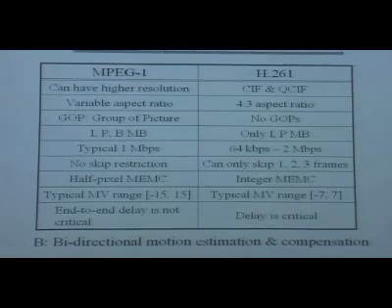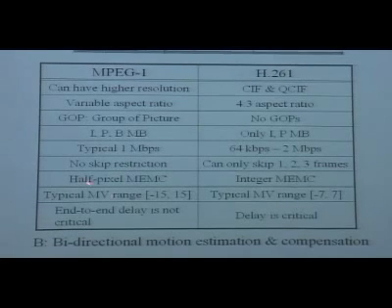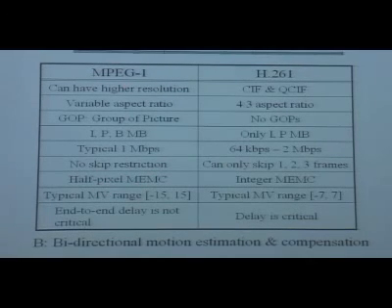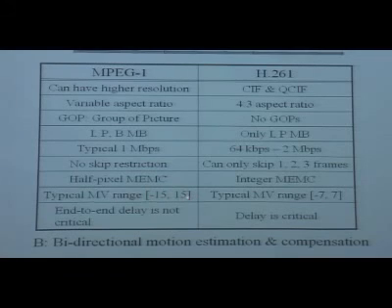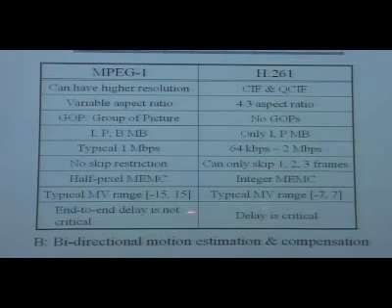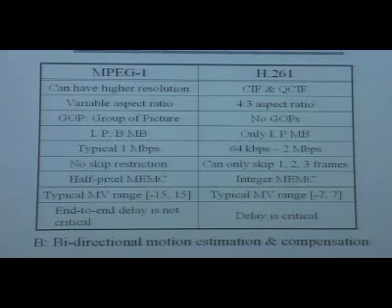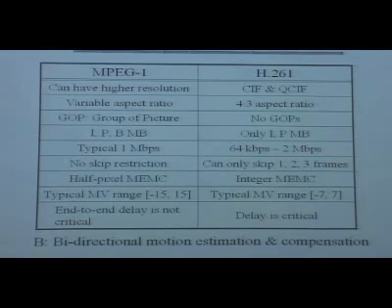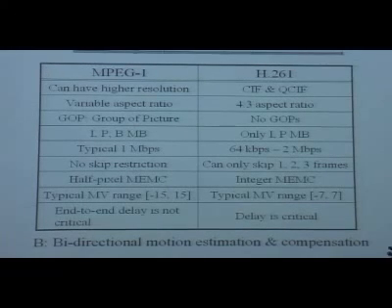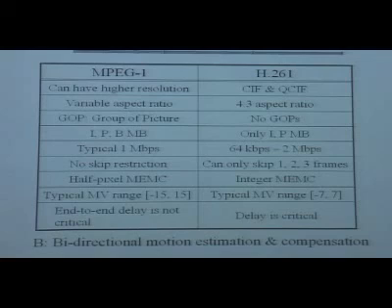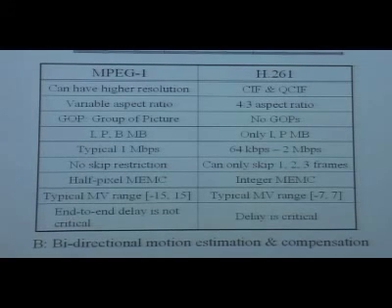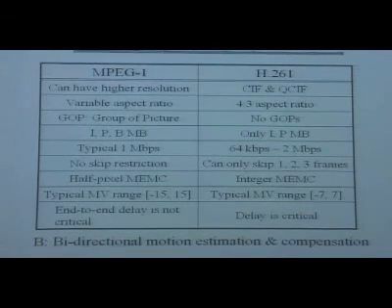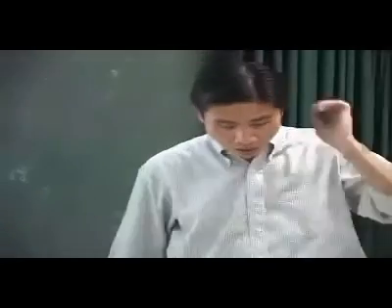Maybe I should go back and talk about this real quick. This is one of the major improvements between MPEG and H.261. This has a larger motion estimation range, and the end-to-end delay here is not critical at all. Who cares? As long as we can decode fast enough, that's all there is to it. But delay here is very critical. It's for communications, right? You don't want the other side to wait a long time to see the pictures. Now, let me go back and another concept